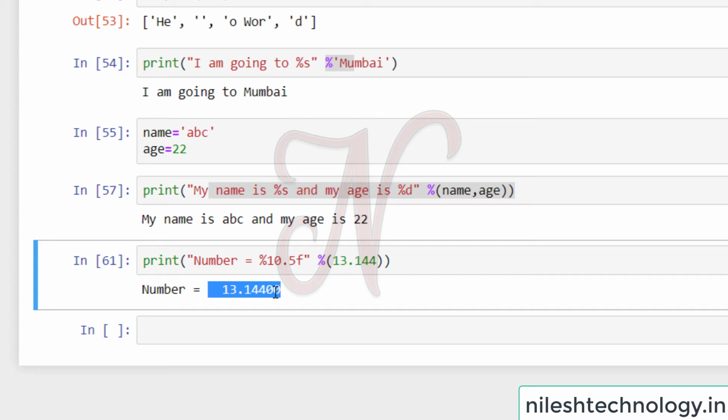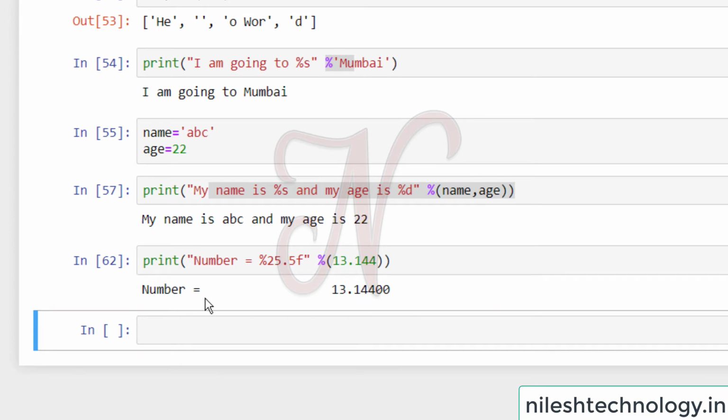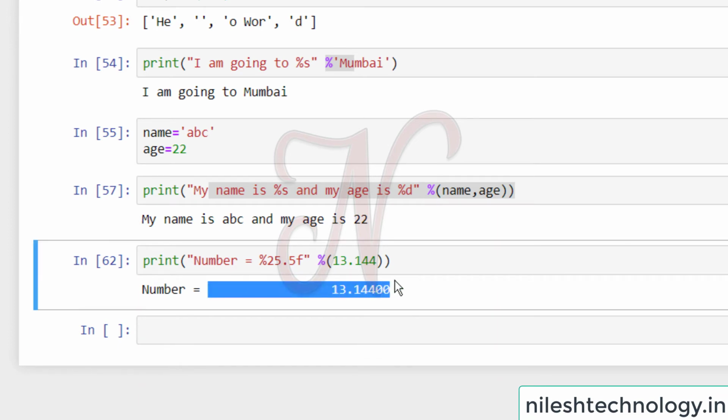So space is the default character. If you try to print 25, see here, there are some spaces, then this is my number. So this placeholder is also used with fractional numbers.